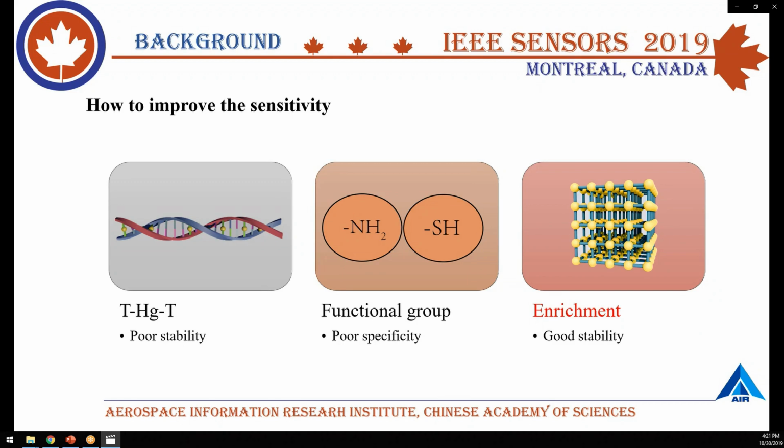Secondly, they can detect mercury by rhodamine or other small molecular structures with amine or sulfur groups. This method has good stability but poor specificity. Enrichment can ensure the stability and has good specificity, so it can solve the problem above. However, the method usually requires